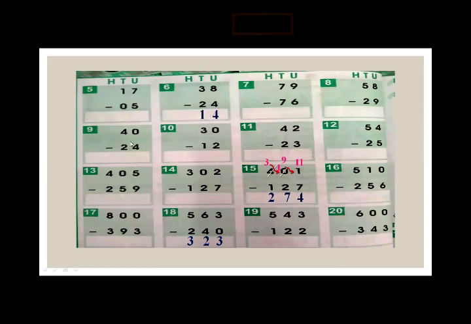Page number 24. Question number 6. Here you see 2 digit subtraction, or 2 place subtraction, means units and tens. 8 minus 4, 4. 3 minus 2, 1. Here you see that 8 is greater than 4. You usually subtract. Your answer will become 4. And 3 minus 2, here 3 is greater than 2. So 1 here. Okay. So your difference is 14.